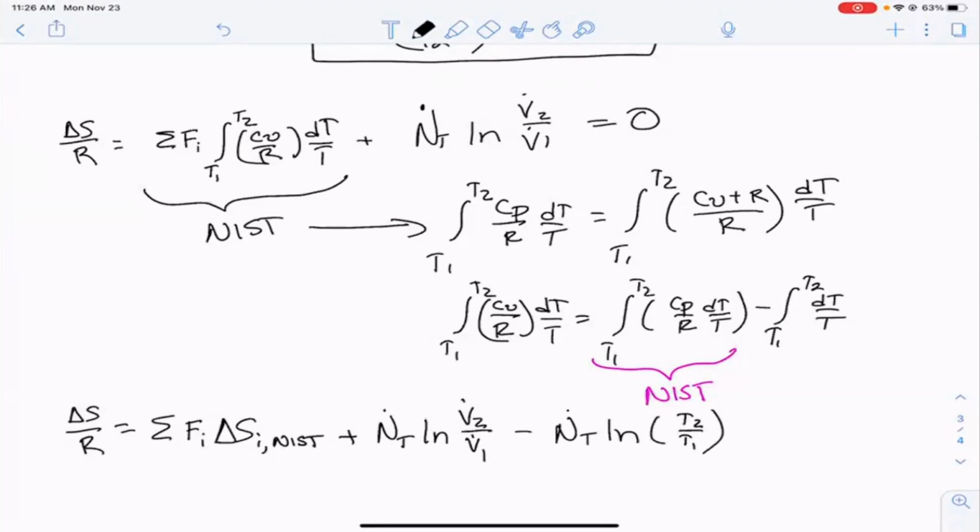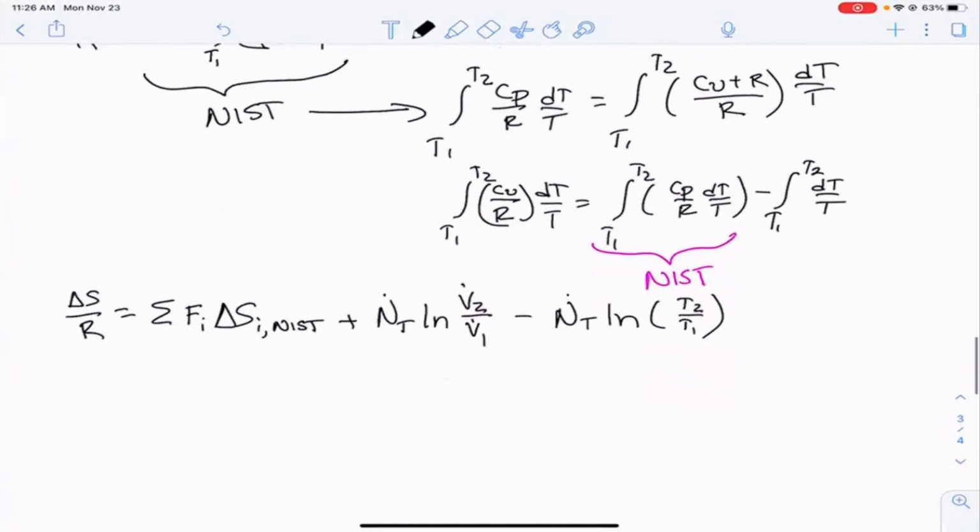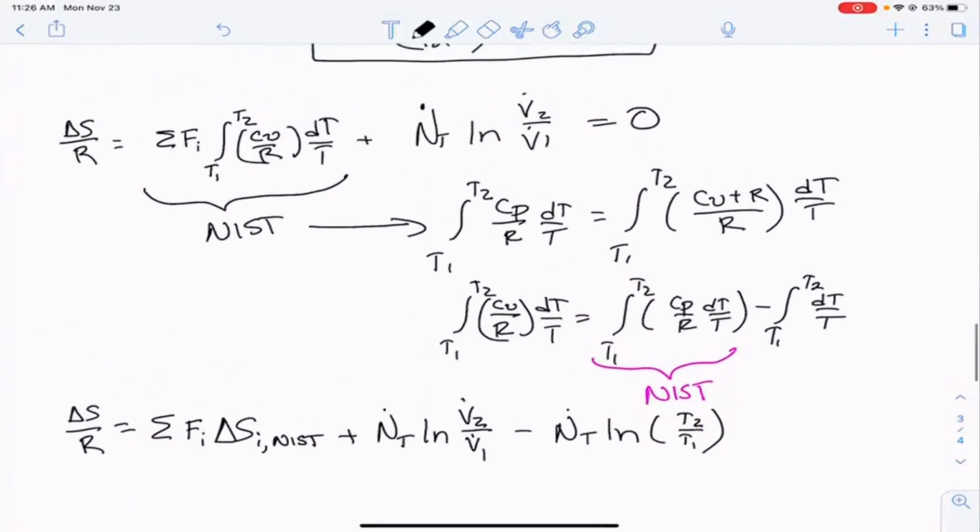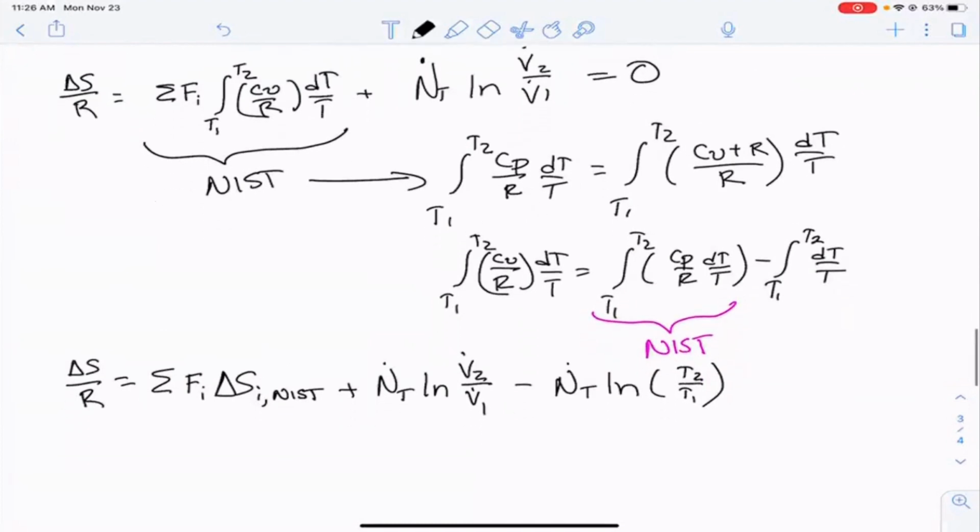And that might be really weird for you guys. I know the first time that I solved this, as part of a project with other folks, this was actually a very confusing part of the problem. But hopefully it makes some kind of sense to you, because the integral that NIST takes is the integral of Cp dT, and they just hold the pressure constant. And so hopefully this correction makes sense. Okay, so